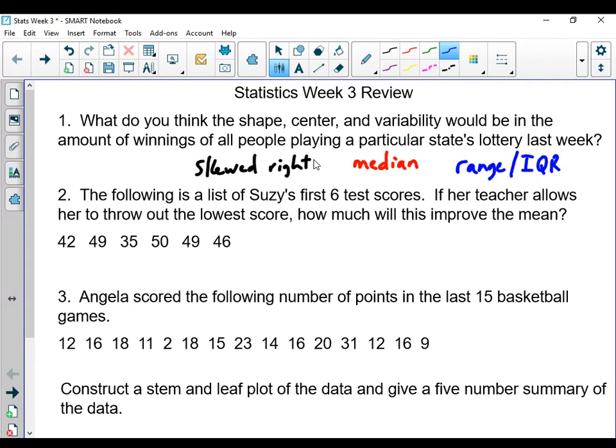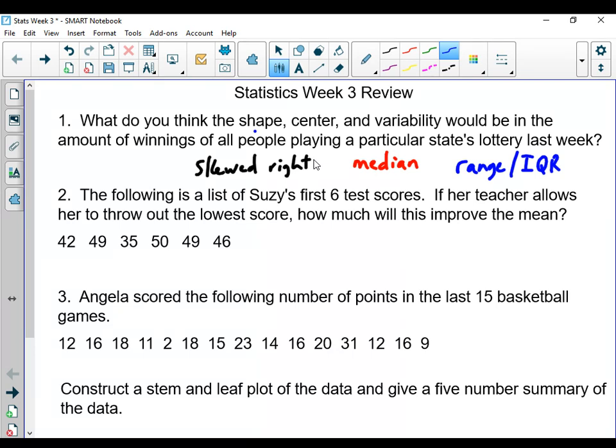So when you're answering these questions, you always have to start with shape, because once you know whether it's skewed or symmetric, you'll know what to use for the others. All right, so on number 2, you had to figure out what the mean was originally, then drop the